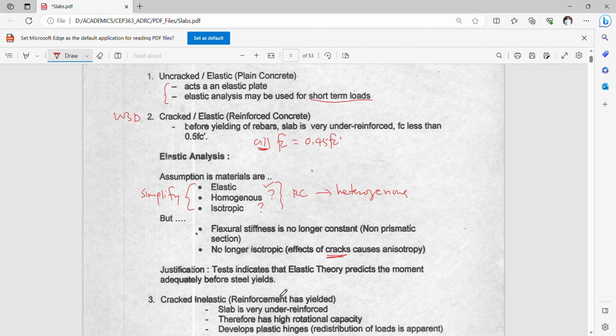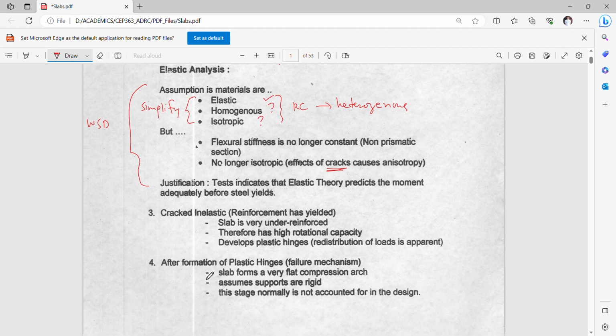So the justification is that in the test it indicates that the elastic theory predicts the moment adequate to be forced to yield. So in the elastic stage, we are normally concerned with the working stress approach. Okay? So for the cracked inelastic stage, which has something to do with strength design approach, the reinforcement is now yielded, so this is now an SD approach. The slab is very under reinforced, so make it ductile. Okay? So very ductile, so it makes it behave more of a